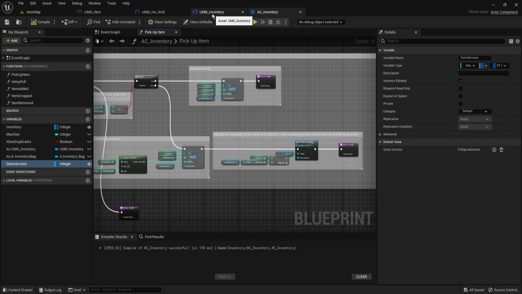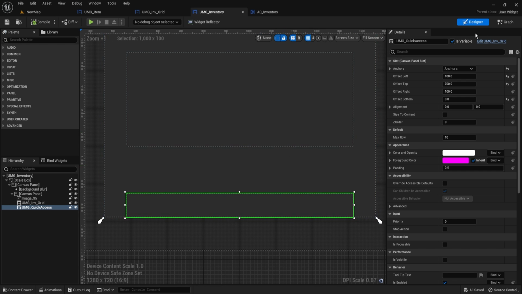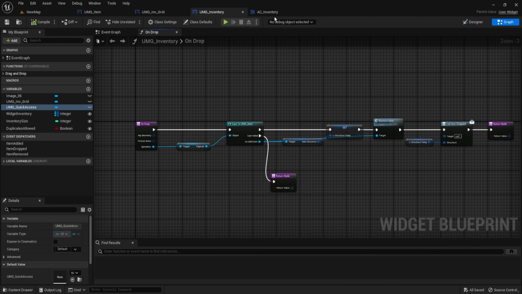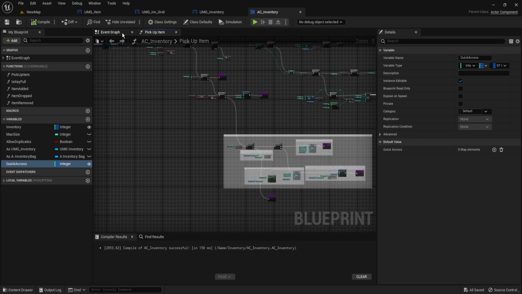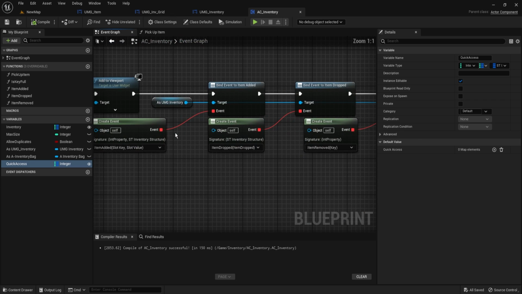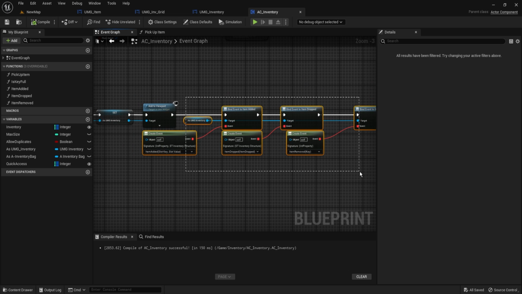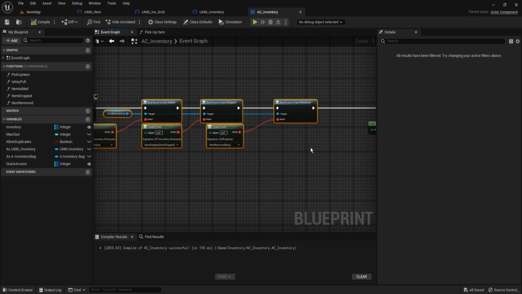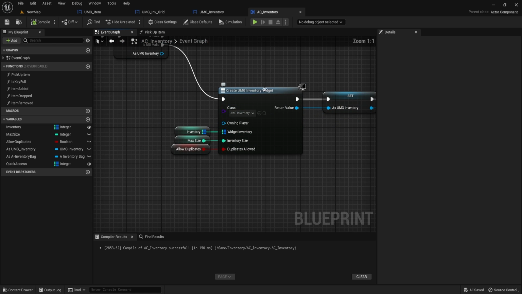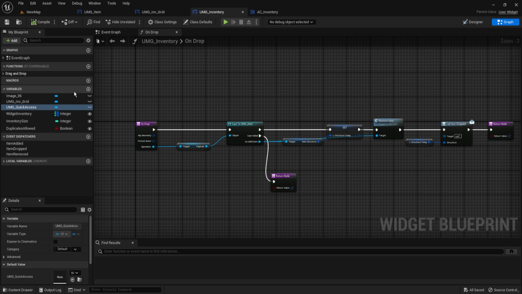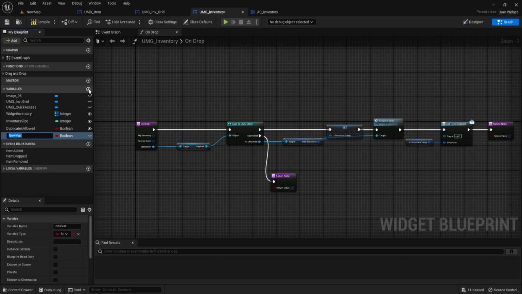But now we can immediately go back to our UMG inventory, and I'm going to make a few changes because I realized having our stuff all on event dispatchers in here would get a bit tedious, because currently we only have one inventory, but if we have multiple ones it gets a bit more complicated because we would need 3 of these for each of our different inventories like quick access. So to avoid that, we're just going to do something a bit different here. We're going to change this from having a reference just to these to having a reference to itself, to our AC inventory. So in our UMG inventory, we want to call as AC inventory,